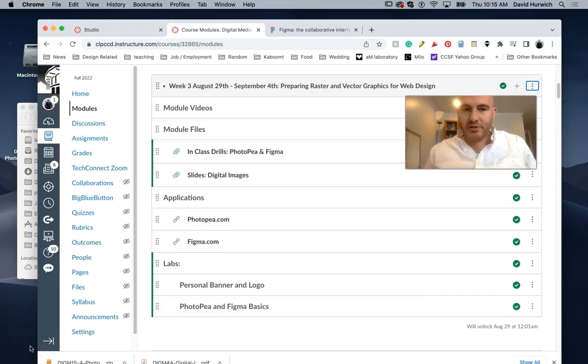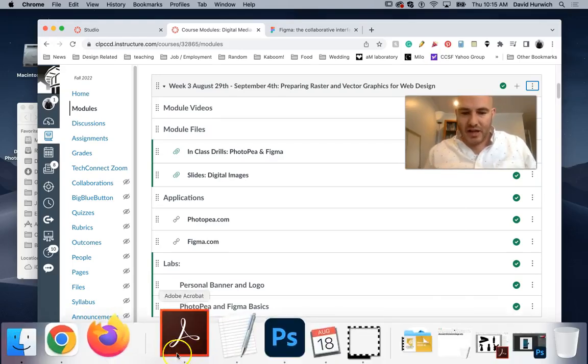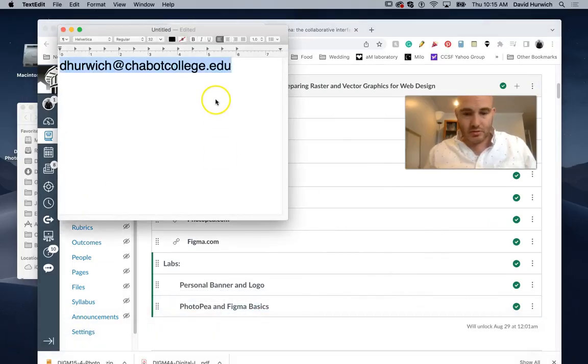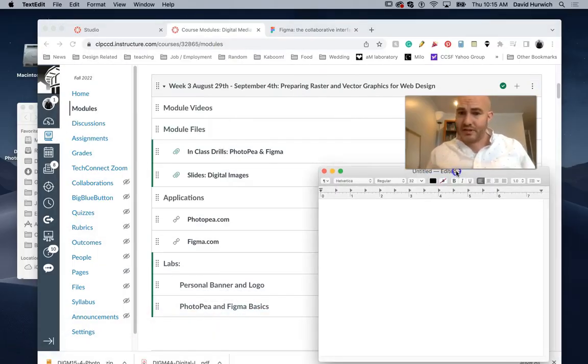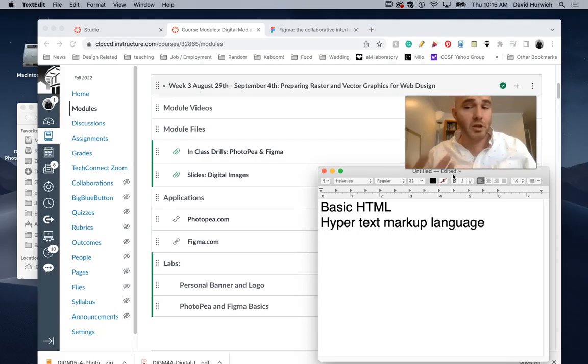All right, everyone. So, last class, we got into the basics of creating web pages. Now, we learned how to write very basic HTML or basic hypertext markup language. Okay. And we went through how to add tags, like how to make something bold with the strong tag, and we learned how to structure a basic web page using the HTML